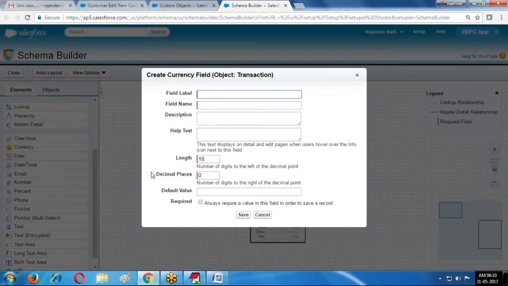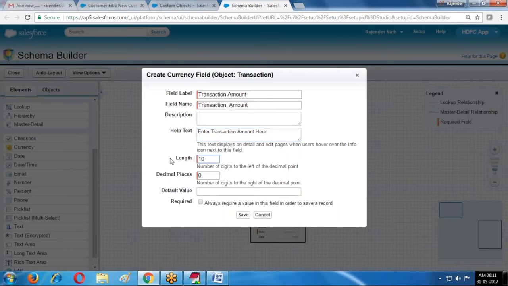Label, transaction amount. Now if you want to provide some description, you can provide it. Help text: enter transaction amount here. 18 digits maximum.